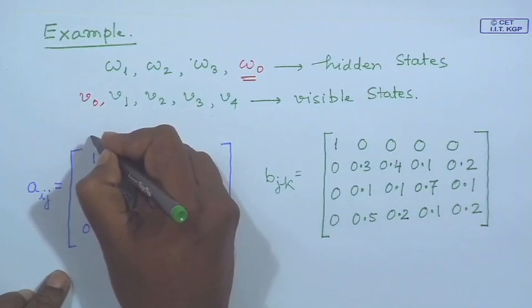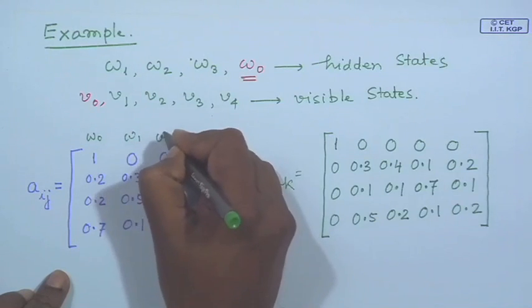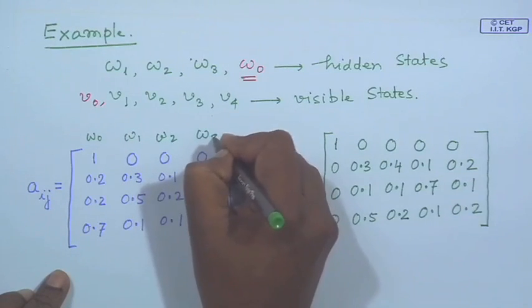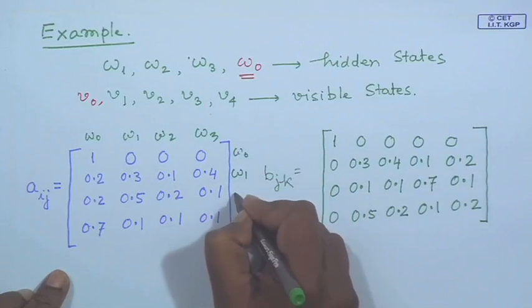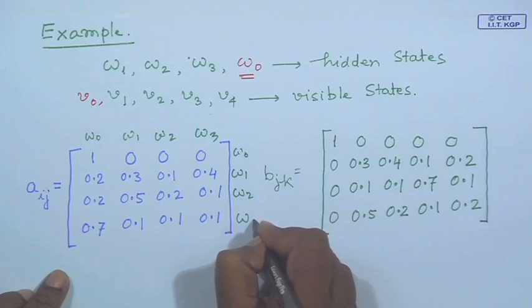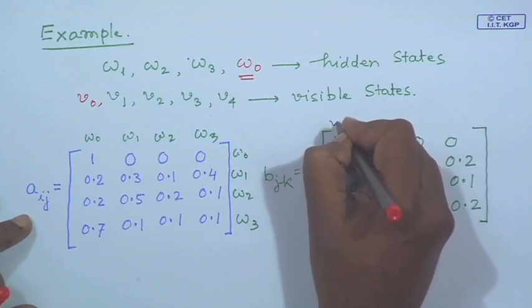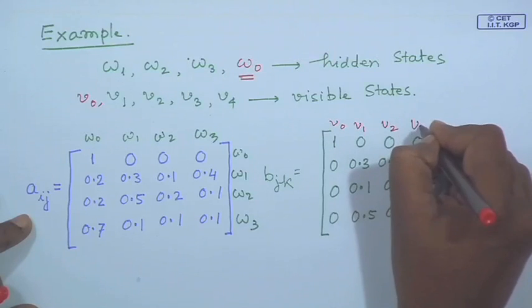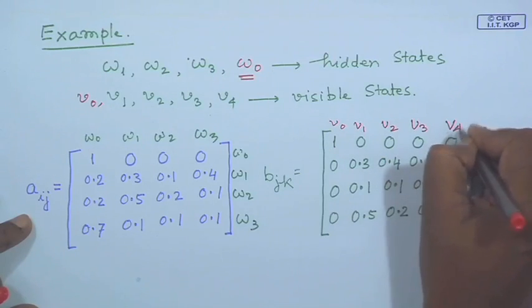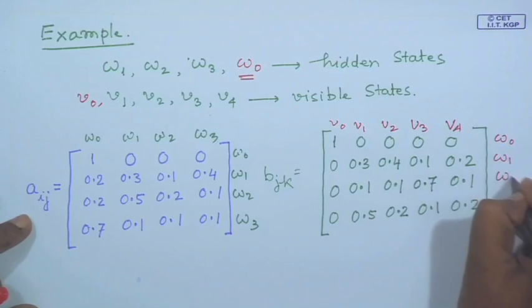So, this is for omega 0, omega 1, omega 2 and omega 3. Similarly, the rows are omega 0, omega 1, omega 2 and omega 3. Similarly, for B j k, this is for V0, V1, V2, V3, V4 and this is omega 0, omega 1, omega 2